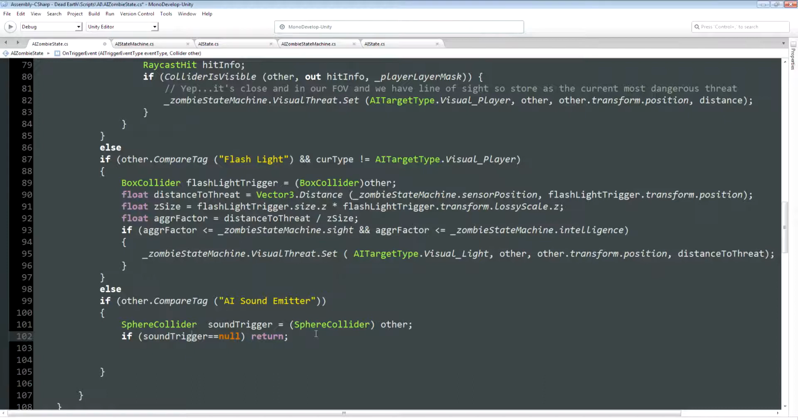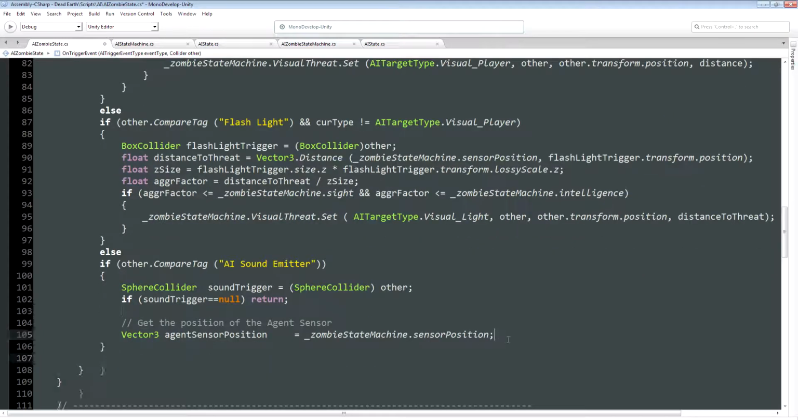Next, what we'll do is we will just cache in a local variable the world space position of our sensor. So I'll say agent sensor position equals zombie state machine dot sensor position. Now we need to measure the distance between our agent sensor position and the source of the threat, which is the collider's transform. But we also need to factor in, much like we do with our sensor position property, that lossy scale, because we know that if a sound emitter has a radius, for example,